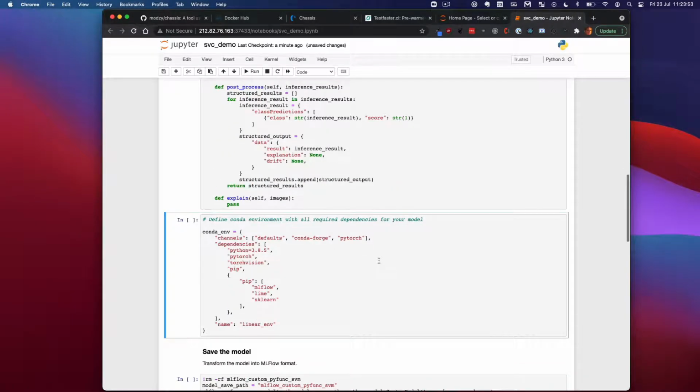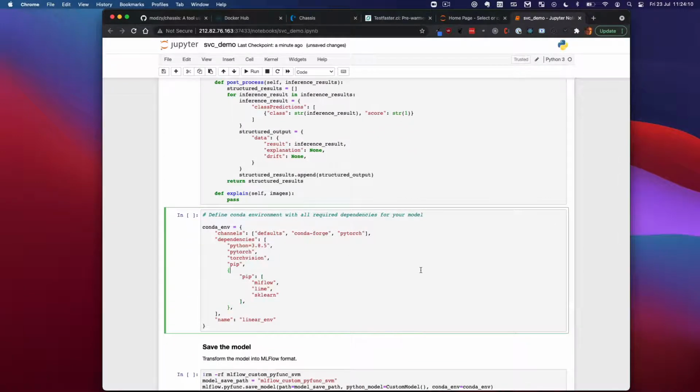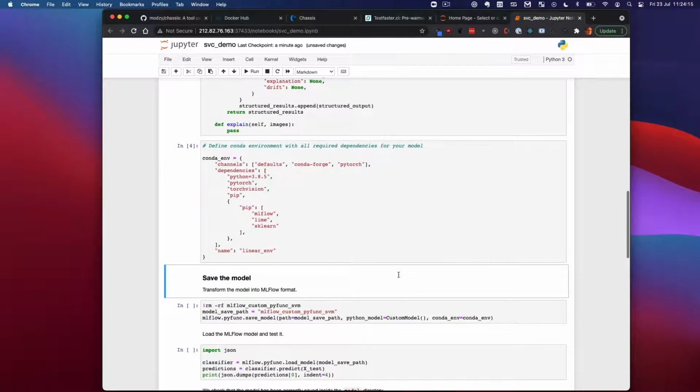We can also define a Conda environment so that we bake the dependencies that the model needs at runtime into the model. And by the way, MLflow will do this out of the box for you. So the pre and post processing is optional, and also the Conda env is optional. MLflow will do a pretty good job of figuring out what you need out of the box based on what you're already running. And then we're going to save that model